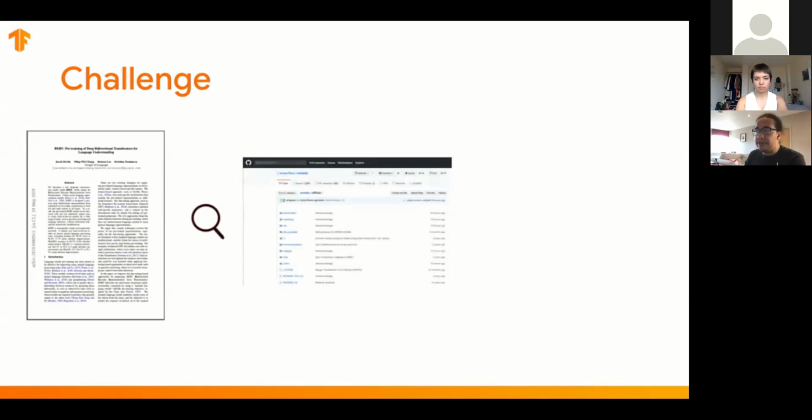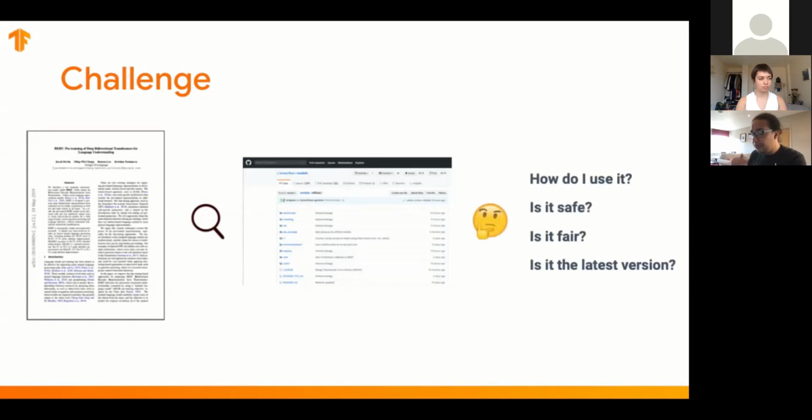And this is a problem because sometimes the code's available on a code repository somewhere, and then you have the link. Sometimes the model is there. Sometimes there's a script that downloads the model from somewhere. Sometimes you have to retrain the model yourself. They give you the code for the model, but don't give you a checkpoint or a saved model for that. So it starts to become harder and harder, and sometimes the way of using the model is not really well documented. You have access to it, but you have to read multiple files of Python code to understand how to use the model.